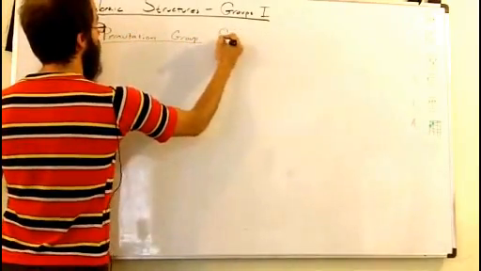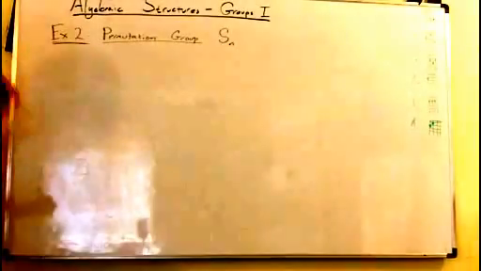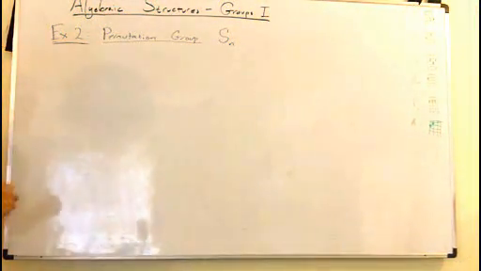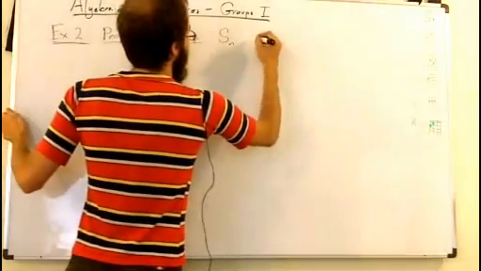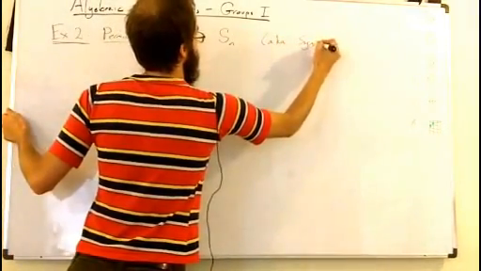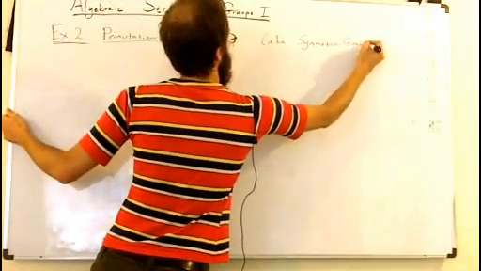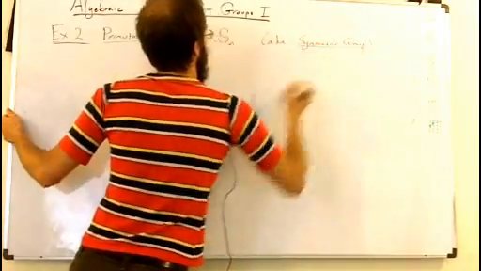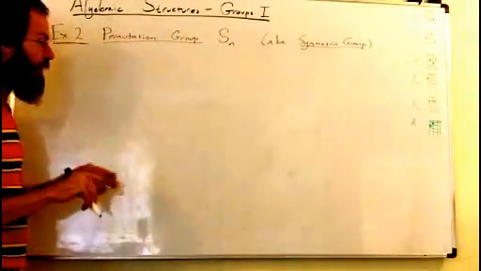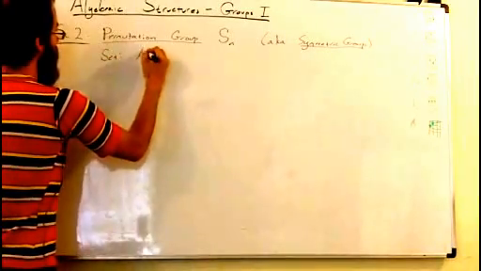And I'm going to write that as Sn. Sometimes it's also called the symmetric group, and I'm okay with that. So AKA the symmetric group. And as a set, so I have to give you a set and an operation, remember. So the set is all permutations